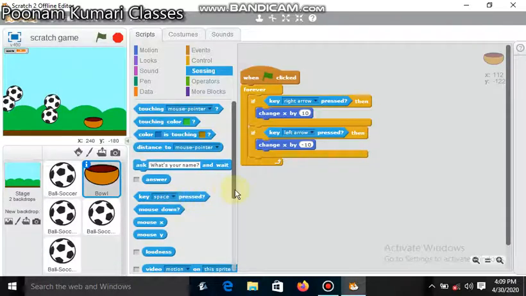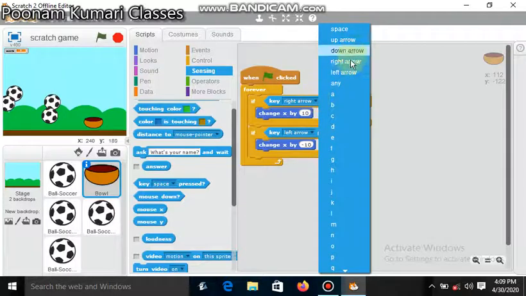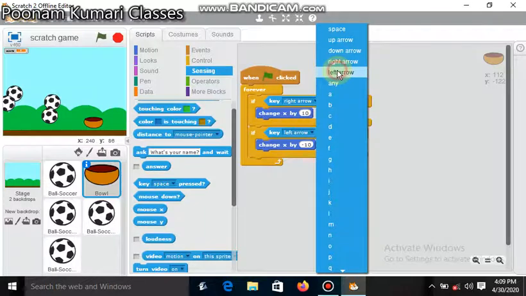Here we have written 10, so if right arrow is pressed, then it will go right, because here we have written 10. Then here is left arrow, and here is -10. With -10 it will go left, and with 10 it will go right. So you can choose any key if you want. I have selected right arrow here, and then left arrow from here.